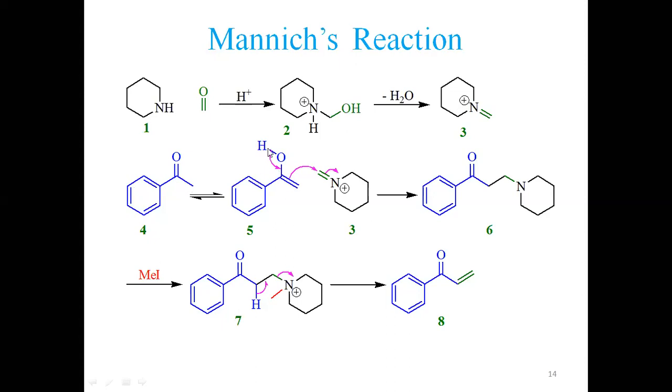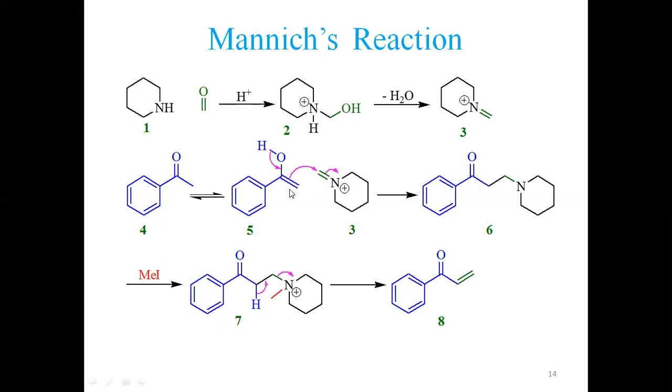This is the enol form I have highlighted. This hydrogen leaves without electron pair, generating a positive oxygen carbon double bond, and this electron shall be adding here. Why? What is the driving force? Positive charge is on nitrogen. It shall pick up this electron pair here to stabilize the positive charge.